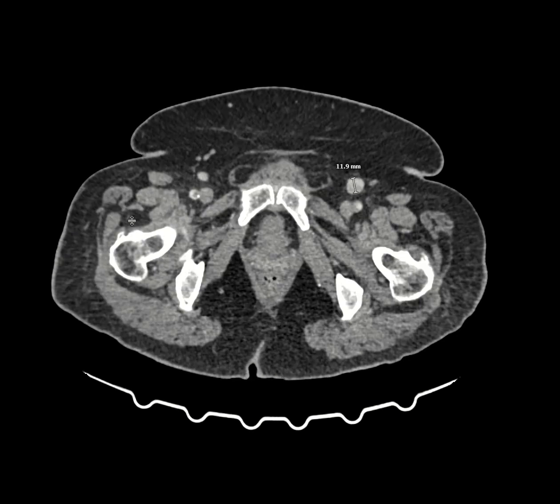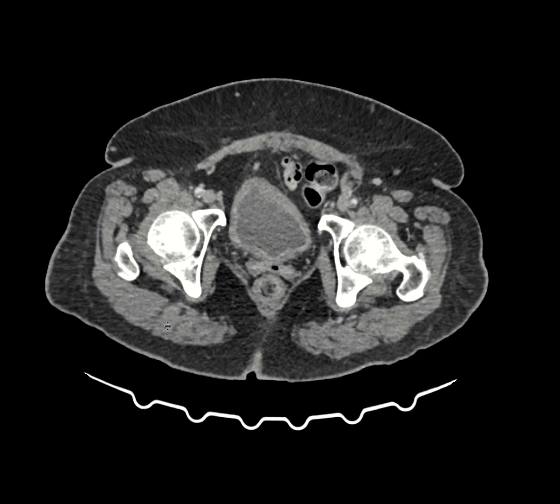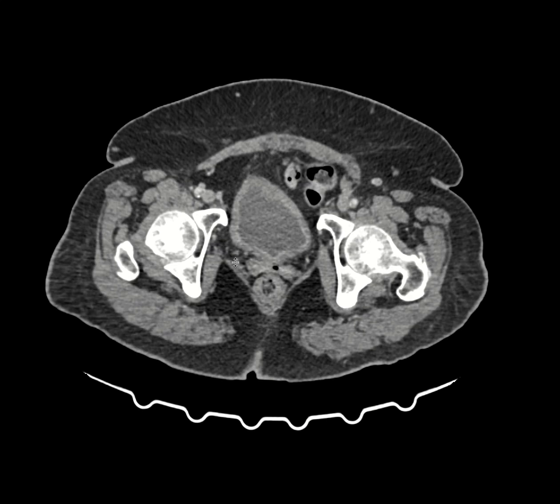Focusing on the bladder on this CT of the abdomen and pelvis that was performed with contrast, we can see that the bladder wall may appear thickened in this particular case. If you actually measure the wall here, from here to here, it's measuring probably around 7 millimeters in thickness. And so the question then becomes, well, is that a normal thickness or is that an abnormal